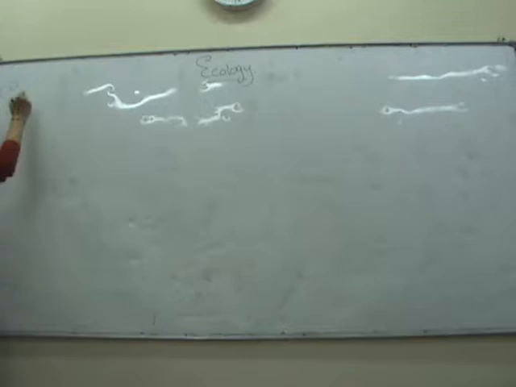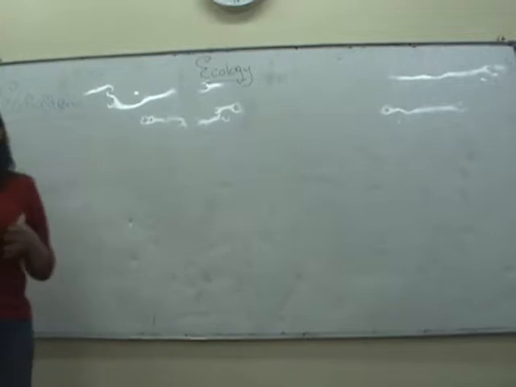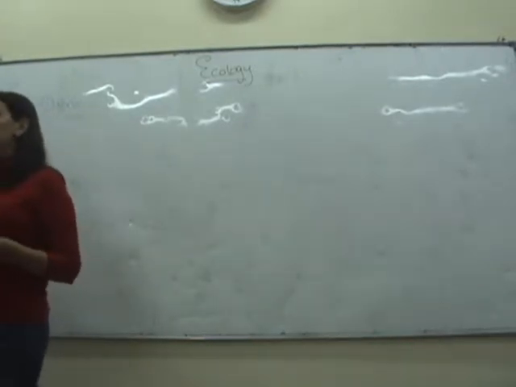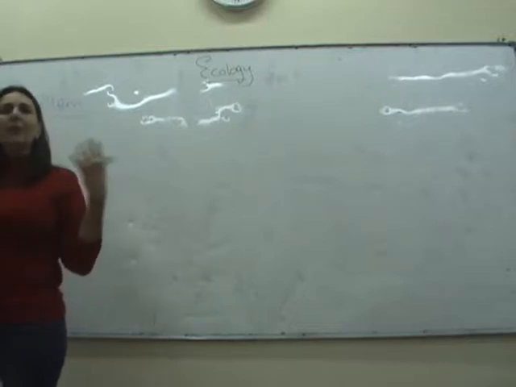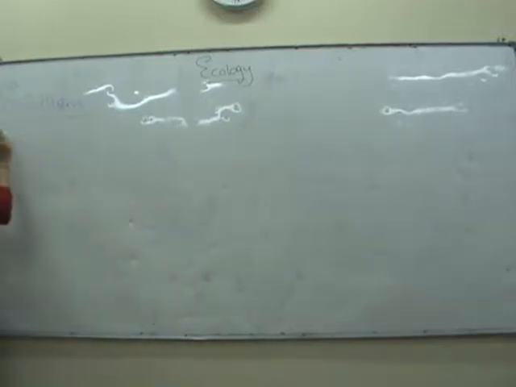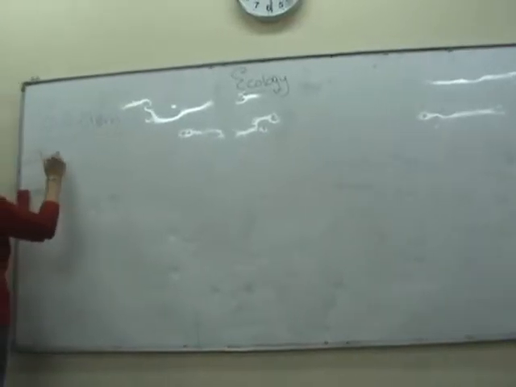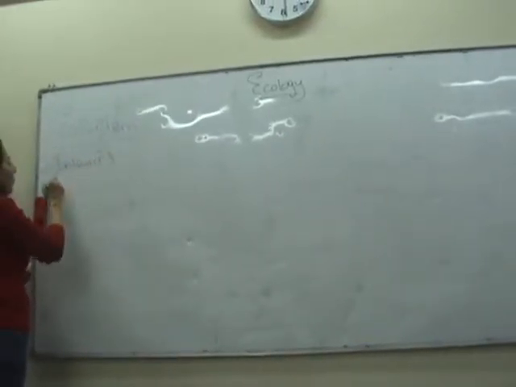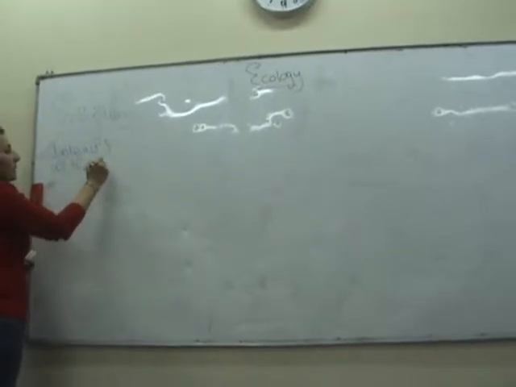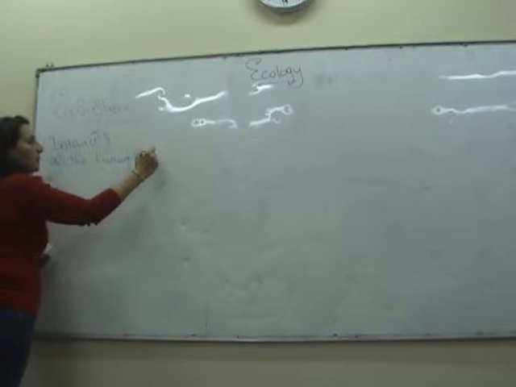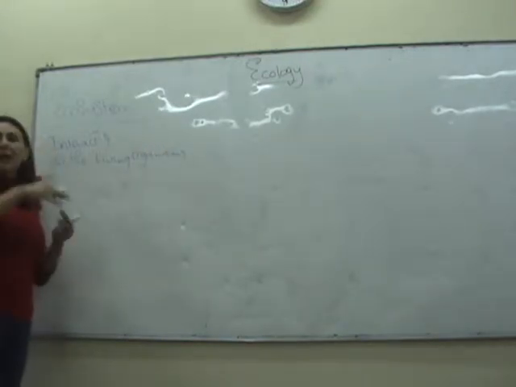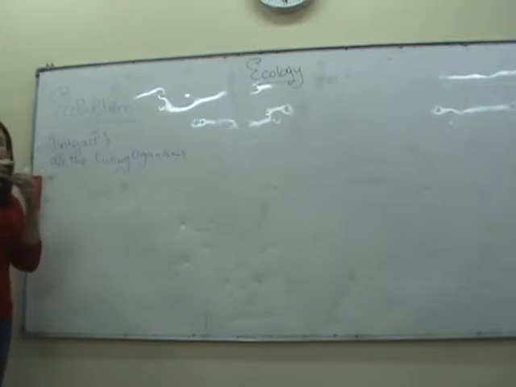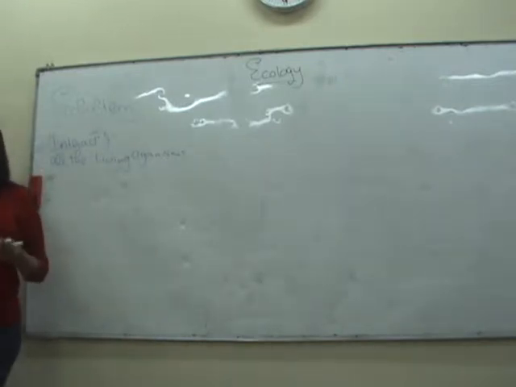In any ecosystem, there is a special relationship between all the living organisms existing in this ecosystem and with their environment. So an ecosystem is the interaction of all the living organisms with each other. All the living organisms are interacting together, and this interaction is in the form of energy